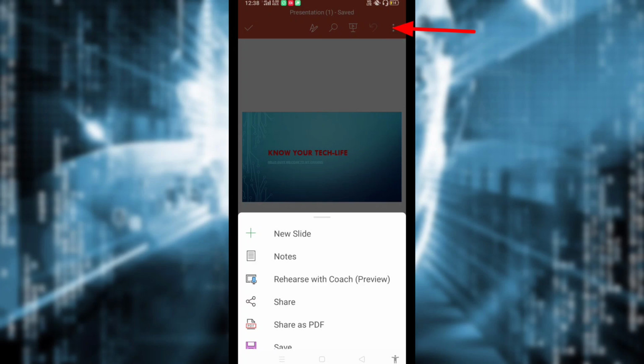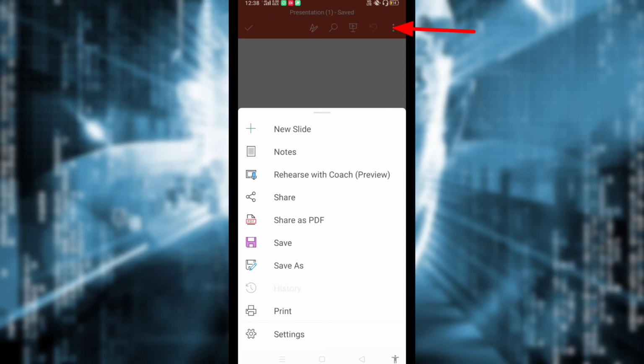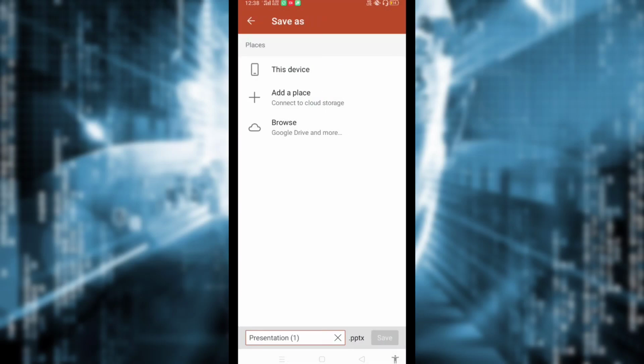Now let's see how we can save the file. For that, go to the three dots option there and select save as. After that, select the location where you want to save.